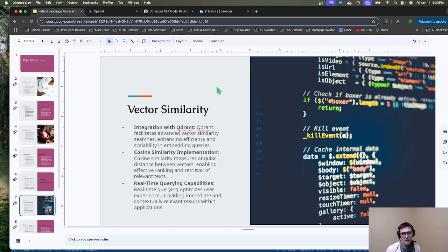Now, vector similarity. Let's talk about vector similarity briefly. Vector similarity is what we use in our vector database. In this case, we use Qdrant. And vector similarity is basically, in the case of cosine similarity, the measure of the angle distance between two vectors